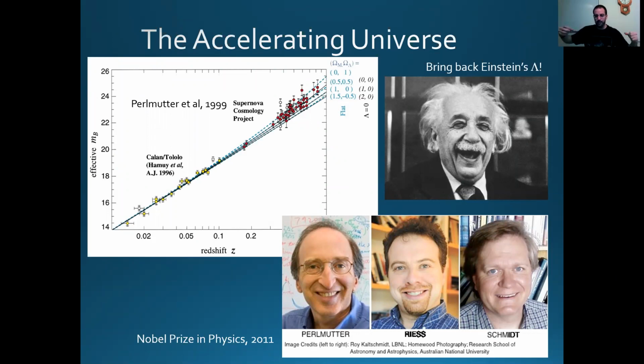So what's happening is the universe is essentially repelling itself. The Nobel Prize in Physics in 2011 went to Rees, Perlmutter, and Schmidt for proposing this. And kind of the interesting idea is one of the most straightforward explanations of this dark energy is that it's actually Einstein's Lambda. So remember Lambda, that was what Einstein used to cancel out this natural expansion or contraction of the universe. Well, when the universe's expansion was discovered, everybody was, if you say once bitten, twice shy, they just said, well, clearly this Lambda must be zero.